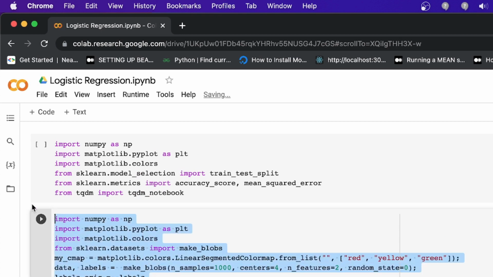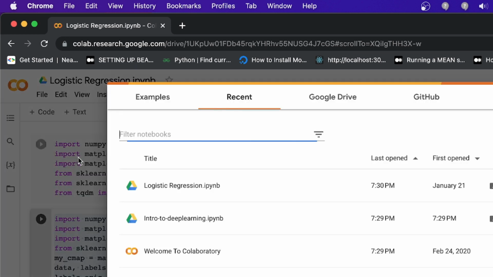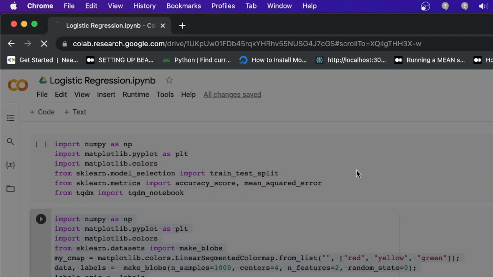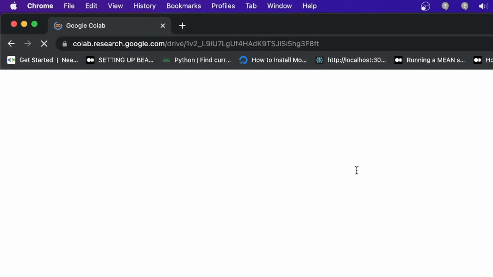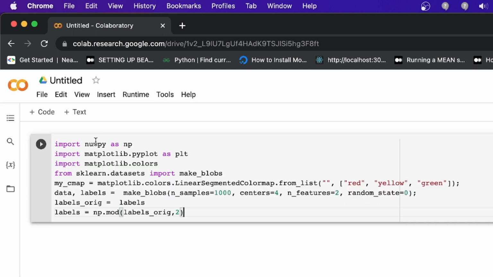Okay, I need Control C. Why is this not showing?